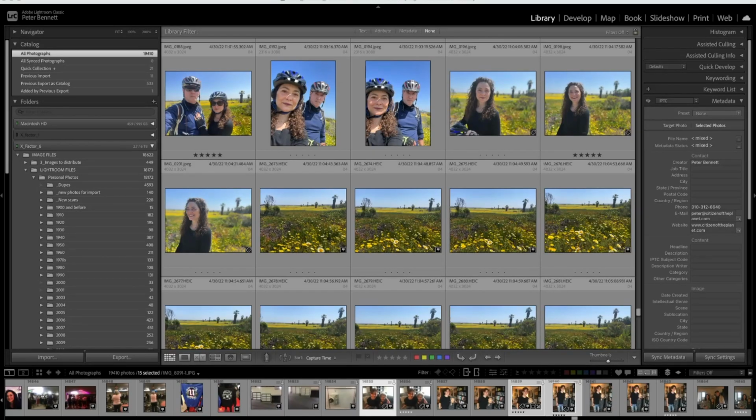Hello and welcome everybody. We're going to talk today about the duplicate finder that was recently added with Lightroom Classic's update to 15.4. But before we get started, it's really important to update to